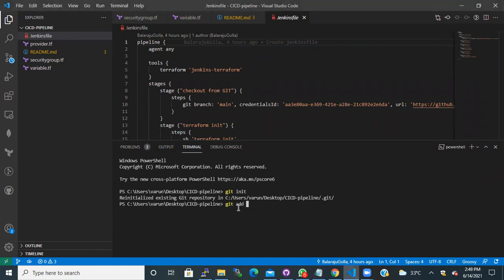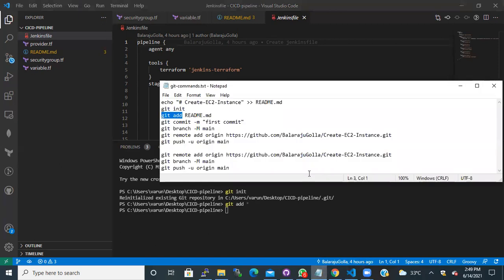In this case I just need to give star, that means everything in this project folder should be pushed into GitHub. So I'll just run git add star. That means everything under this project will be added.